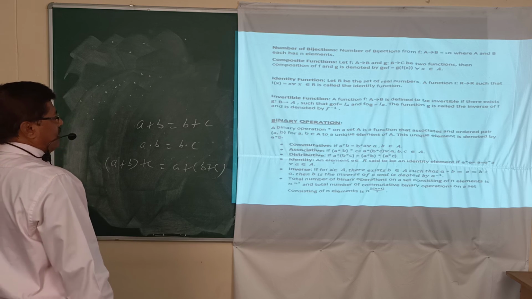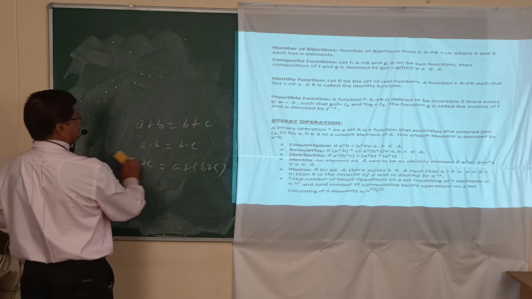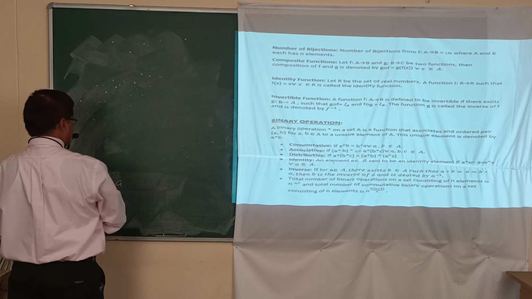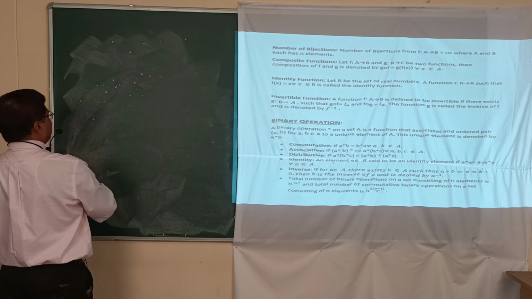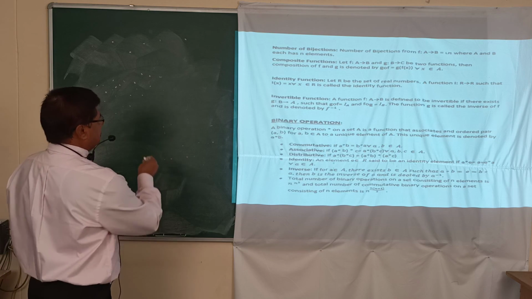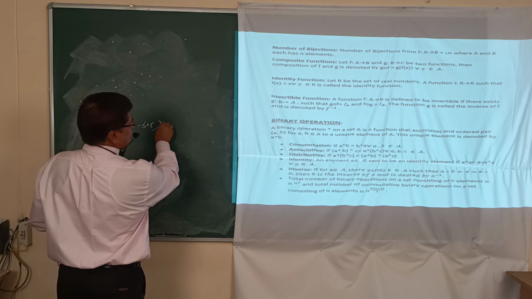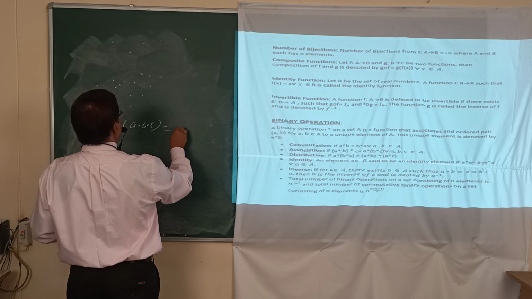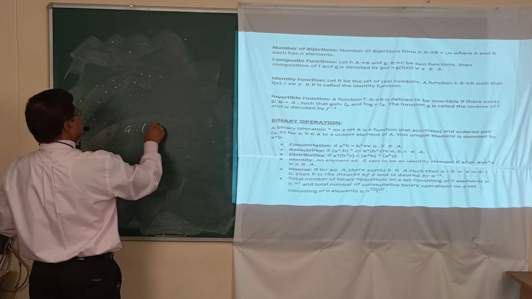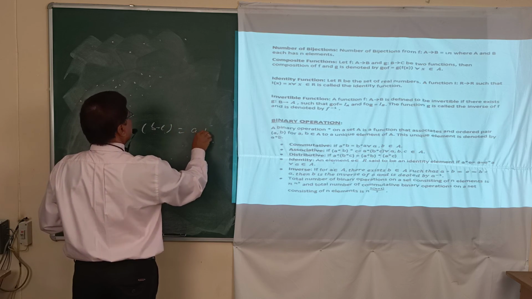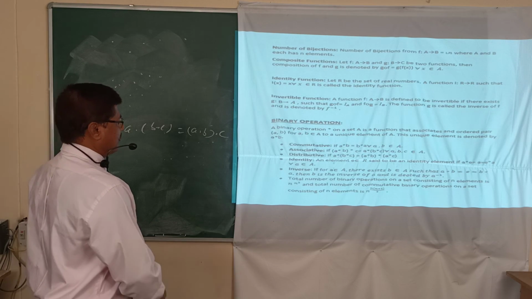Now it is distributive also. In the distributive, you can say the cross product or something in the order, the binary operation is given for A, B, C as it is given here. Separately you write here A, B, C, that you can say A, B and C. This is your distributive.